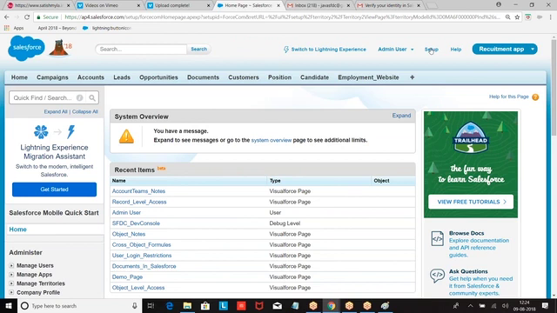What is the difference between view all data and view all? View all data is defined on the entire database for a profile. View all is defined on an object. Okay. Then opportunity team and your account team. We can also define a case team. That is, this group of people are handling this case.